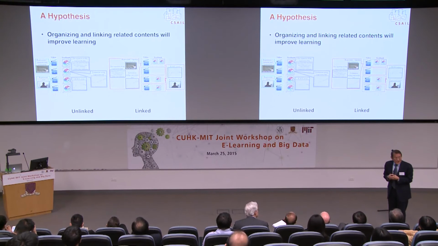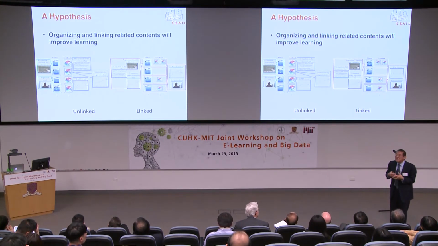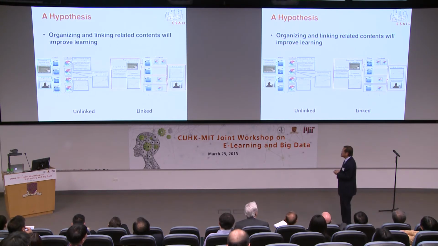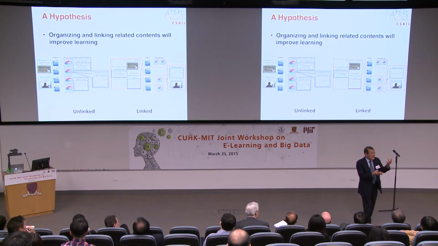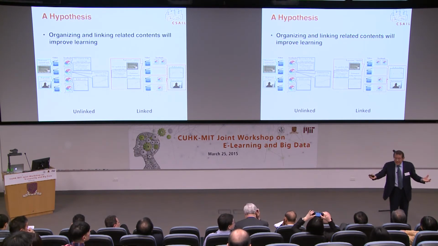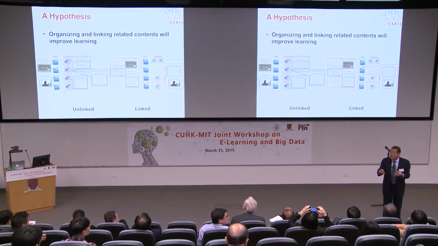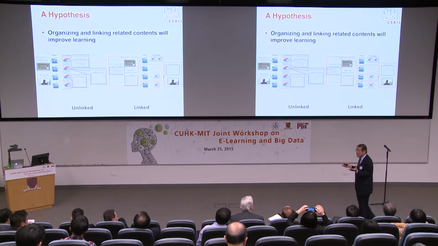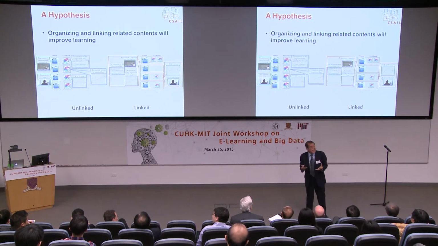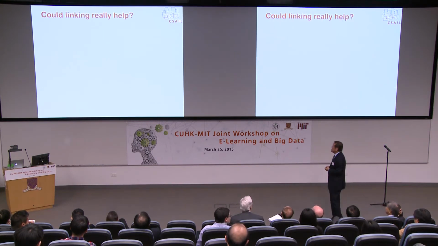Now, learning is a very hard thing to measure. And what we're trying to do is to think about sort of derivative properties of learning. What we would like to do is to say, if we present interface 1, unlinked, compare it to the linked method, we want to measure how well people can look for information, for example, when they're doing a problem set, and how well can they recall the information, the concept retention. These are some of the problems that we're asking ourselves, okay?